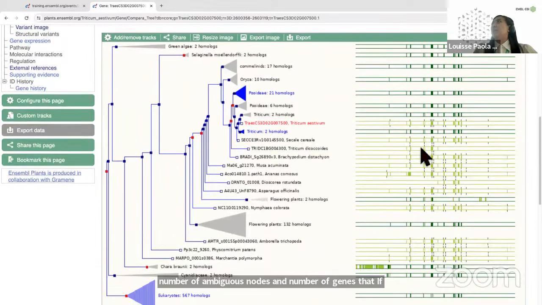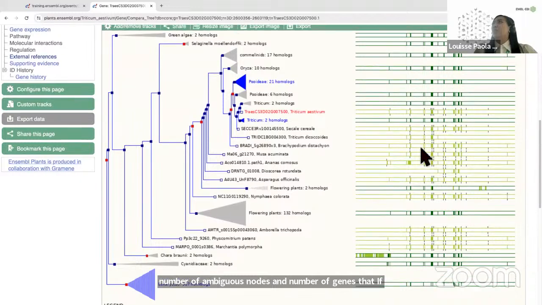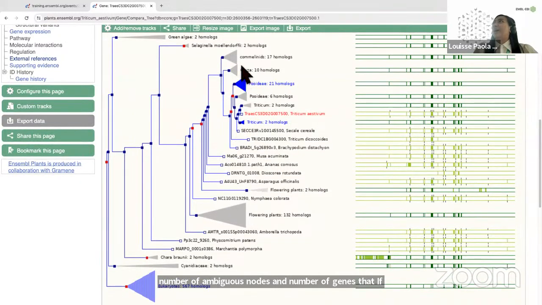If you scroll down, we have our phylogeny, which is already quite large. But you'll note the first thing you'll notice are these triangles. And what these triangles mean is that we just collapse that node to make the phylogeny a bit more easy to read for you. So if there is a specific genus that you're interested in,